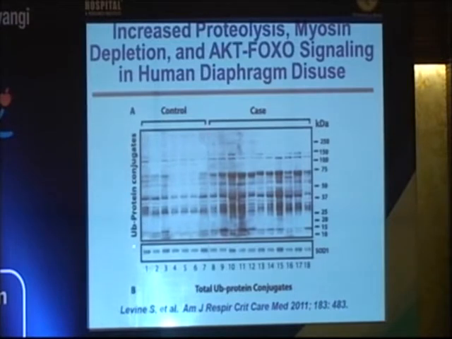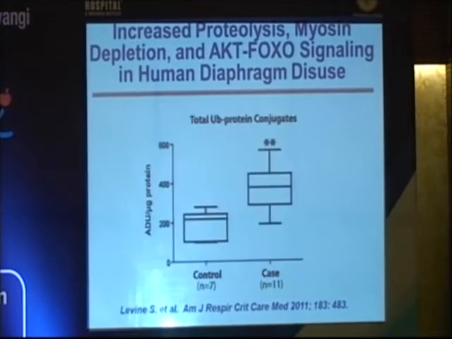Here are the control patients compared to the mechanical ventilation patients, and you can see all these proteins that are signaled for breakdown, for catabolism. This is the biochemical basis for deconditioning. And shown graphically here are the control patients with these proteins destined for breakdown as compared to patients on mechanical ventilation. So in adult medicine, this scenario is very well studied and correlated with a number of events, including